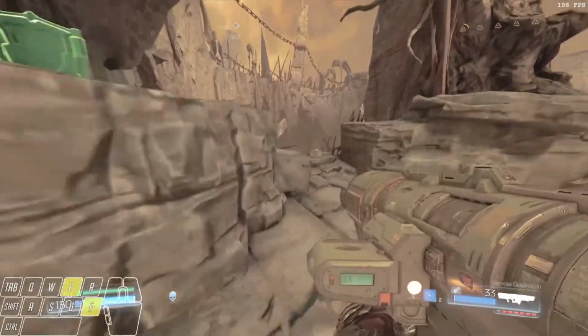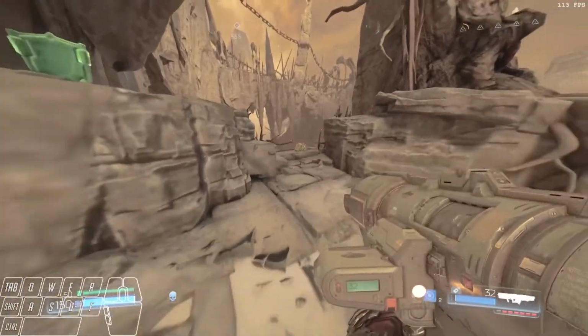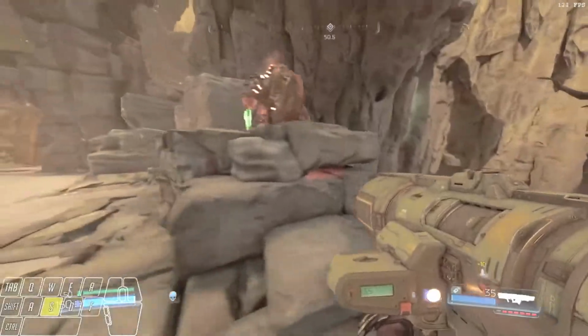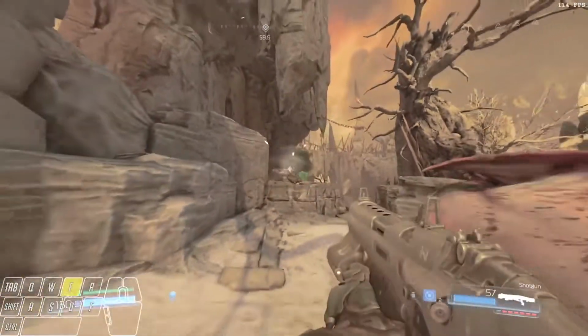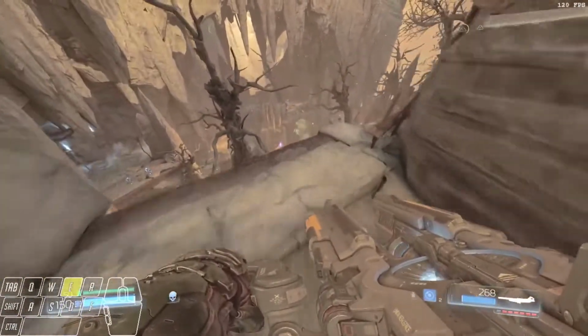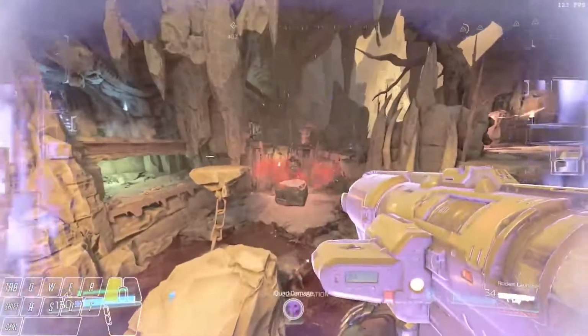Now there's an imp down there. He likes to take pot shots. Let's just get rid of him. Now you still have all the enemies from before. They're all still here. Gonna need you to go away, sir. Okay. Sometimes they'll do that. They'll follow you up here. But all the enemies from before are still down there. When you run down,